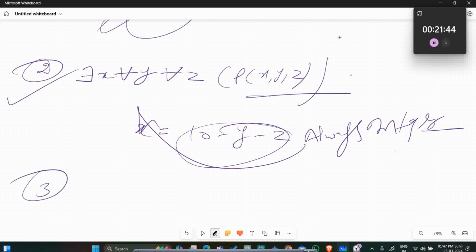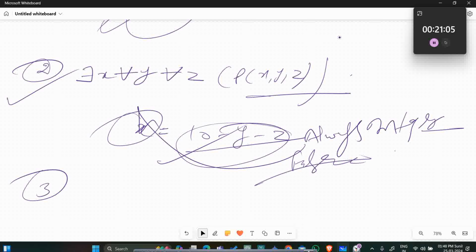Third is, is there any x which is equal to like this? No, this is false here. Not possible. Next